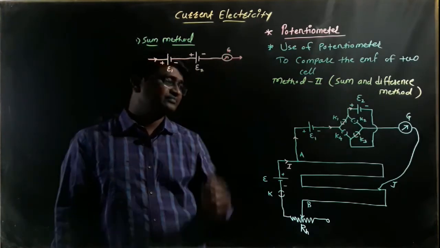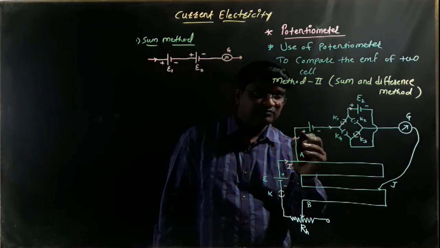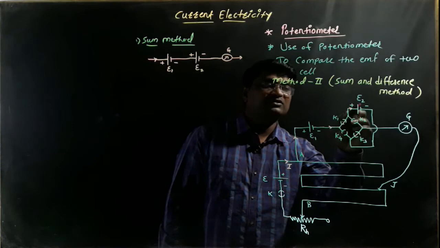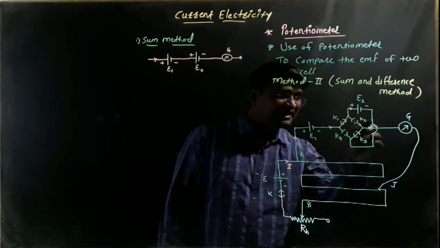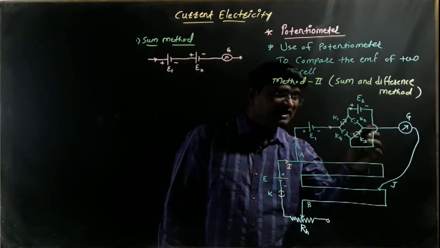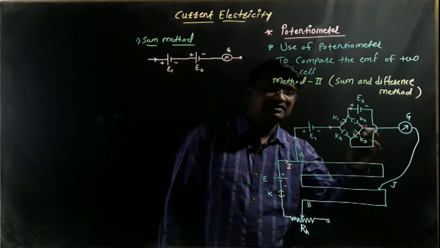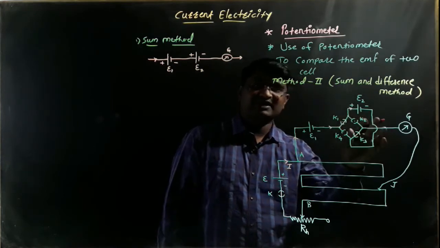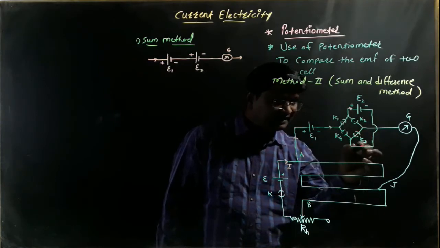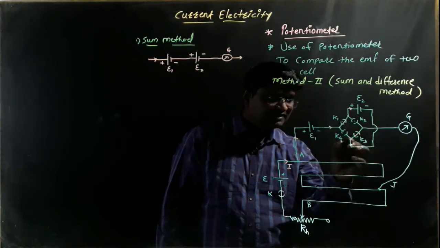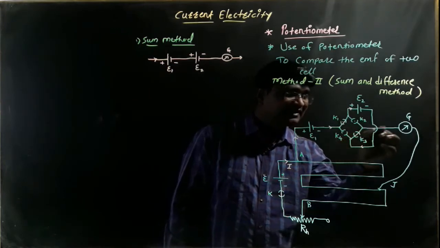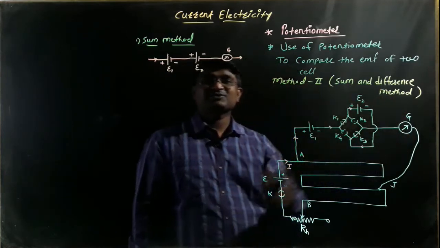Let's see the direction of electric current from positive to negative for cell epsilon 1, and the same condition is here from positive to negative of cell epsilon 2, and the electric current directly reaches here. Let's see this arrangement. These two wires are not connected; they overlap each other. They overlap directly, they do not connect. So this electric current moves here, this is the direction, and reaches here. It cannot move here because this key is open and K3 is closed. So the electric current moves directly through the galvanometer, and the galvanometer shows deflection.